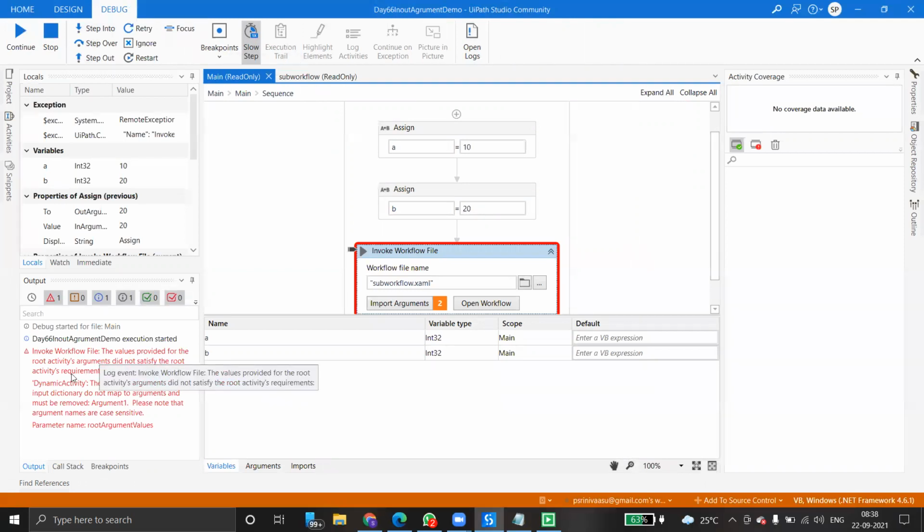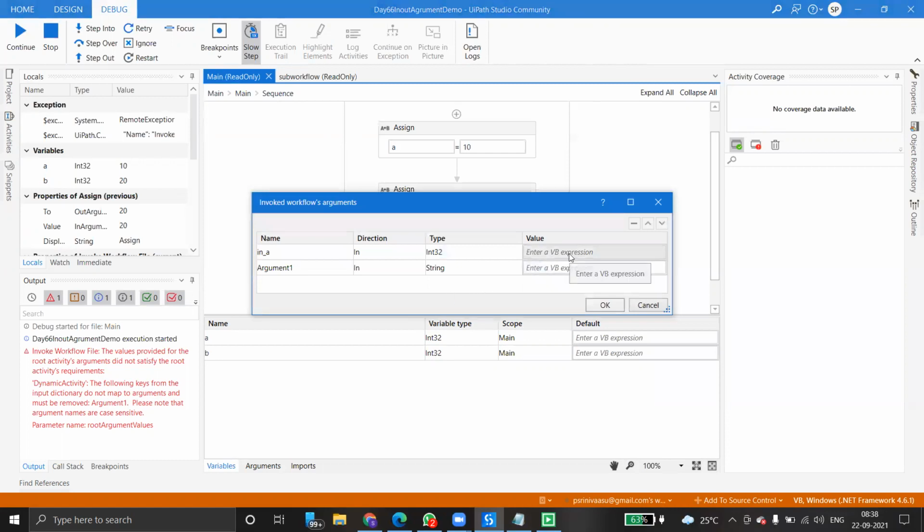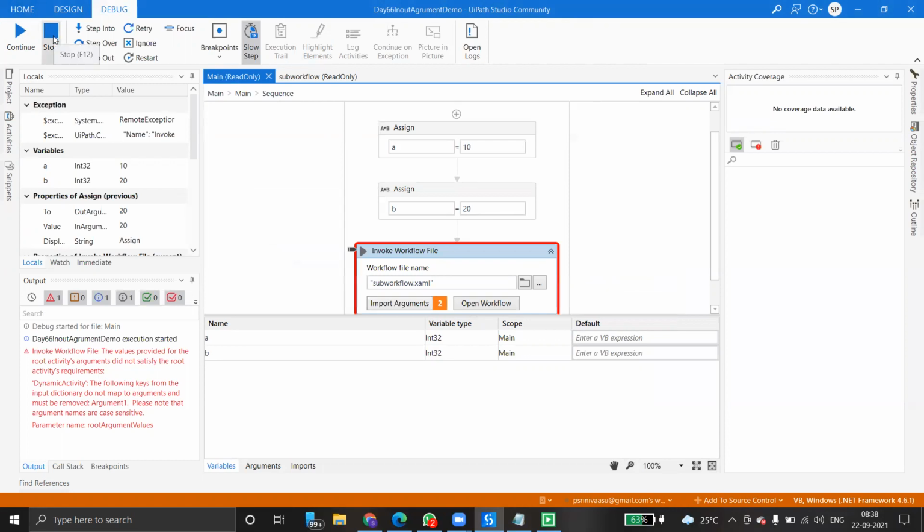The values provided for the root activity's arguments did not satisfy the root activity's requirements. Okay, I will cancel it. Stop it. Cancel.